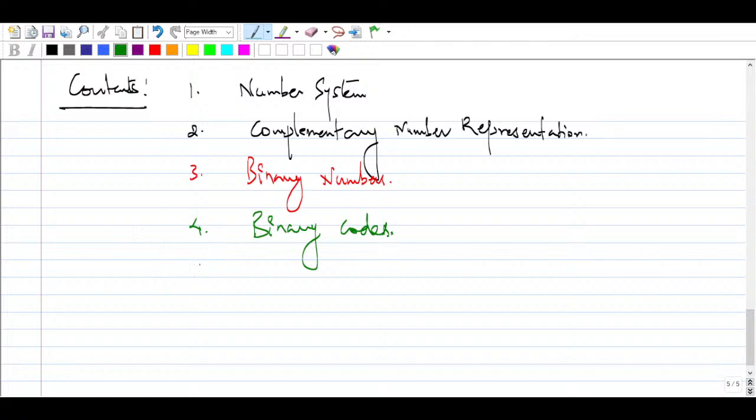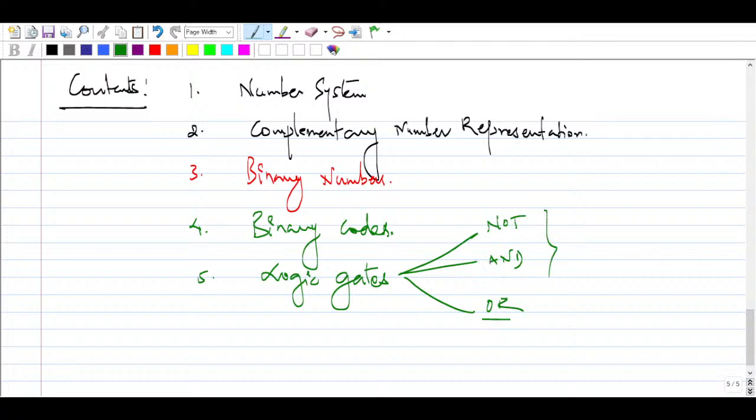And then the fifth is going to be the basics of logic gates. So we will talk about logic gates. It is not the GATE exam you are going to appear for; it will be simple gates. So the basic gates are NOT, AND, OR. They are the logical operations we will see, and we will also talk about universal gates. So questions can be asked from universal gates.